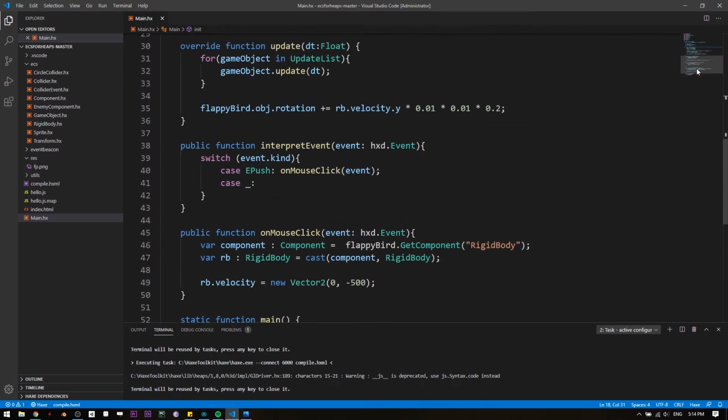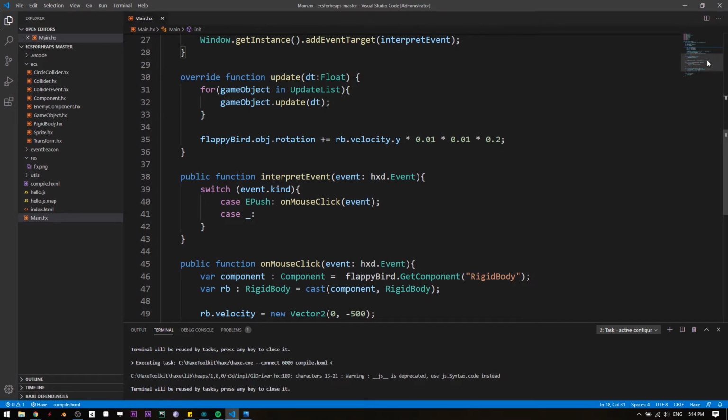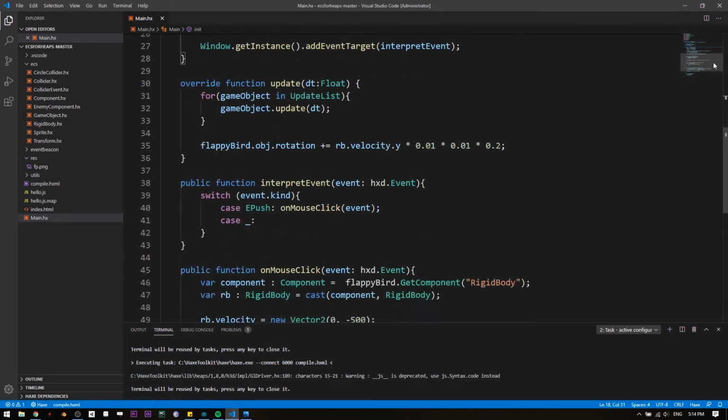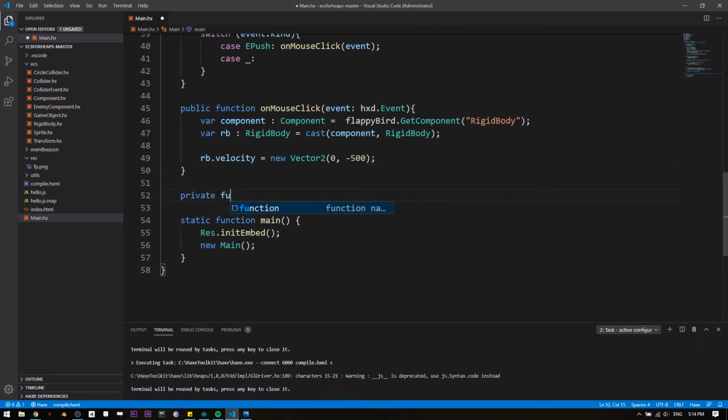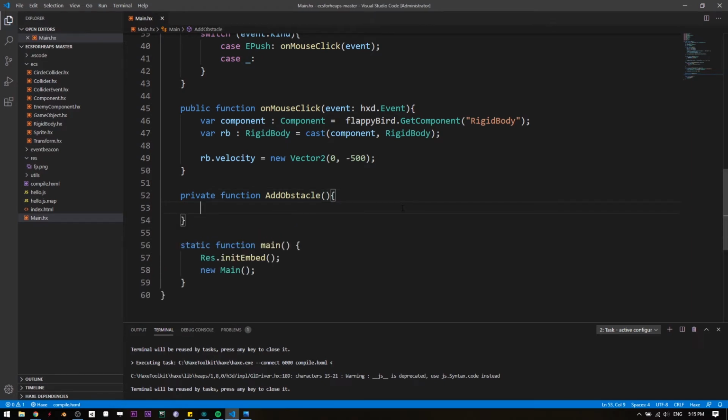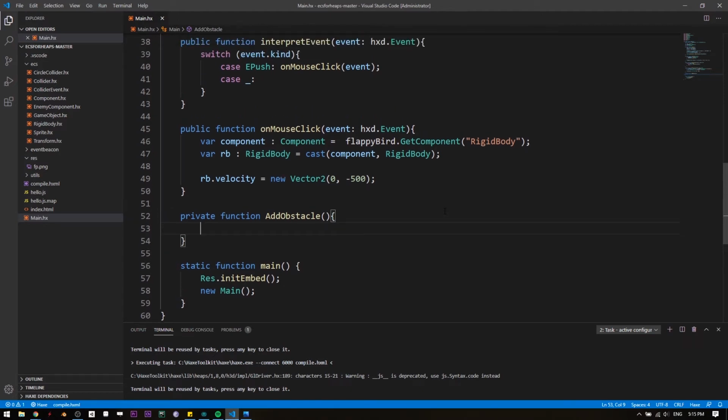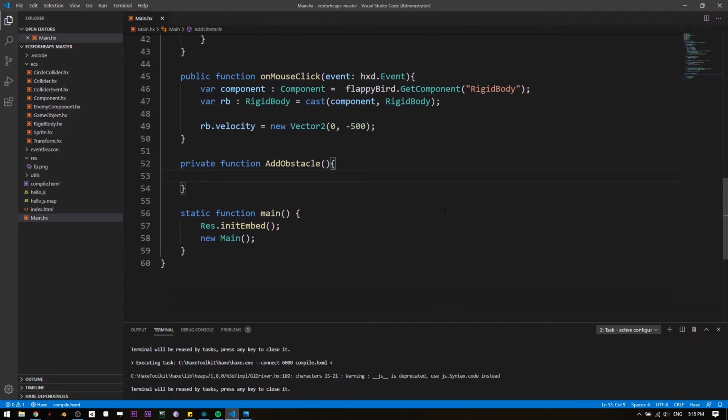What we want to do now is add another function to our application. So right here I'm going to say private function addObstacle, and in this function we want to add an obstacle. How so? We would want to say